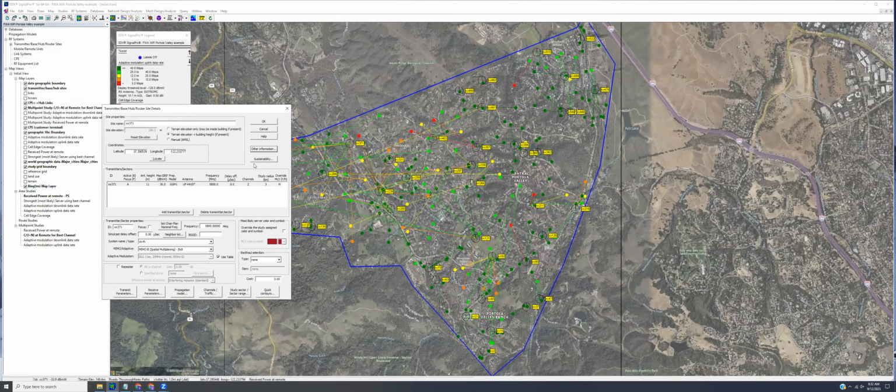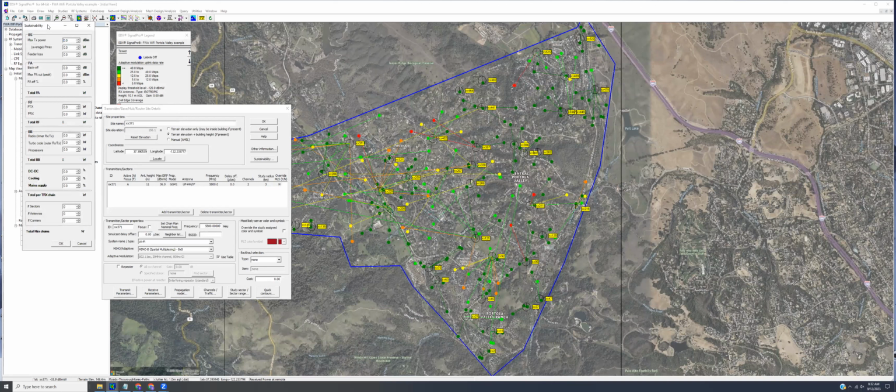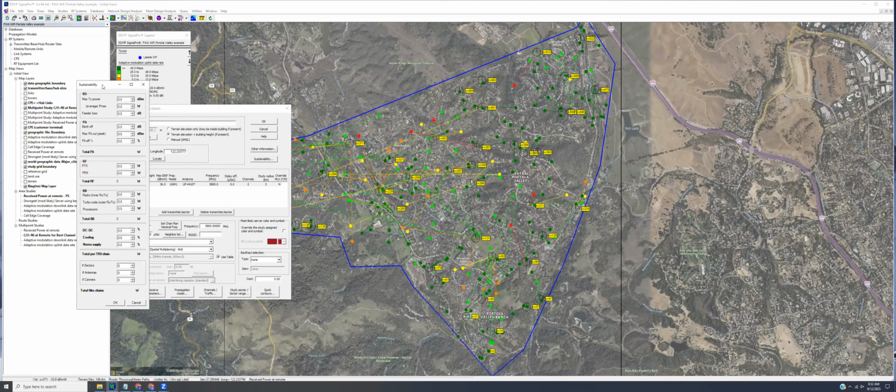And this button, the sustainability button, is also going to show up in your software soon. What this is going to allow us to do is enter some metrics on the power demands of sectors on that site. You can see I've got a bunch of different metrics here that will allow me to keep track of how much power utilization is going on across the entire network. And that, of course, is for